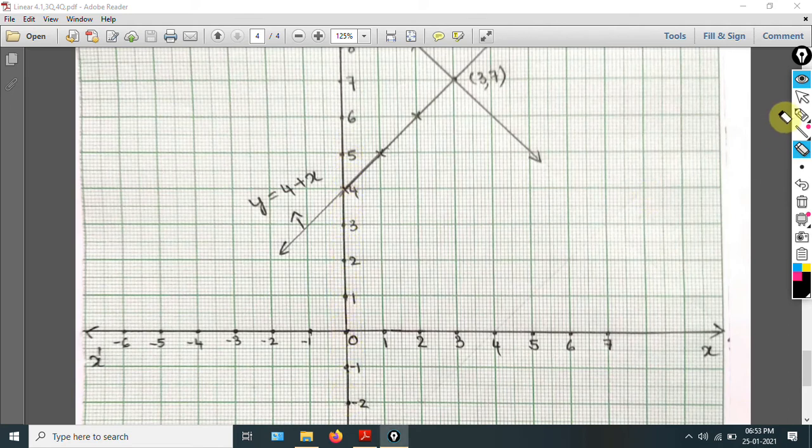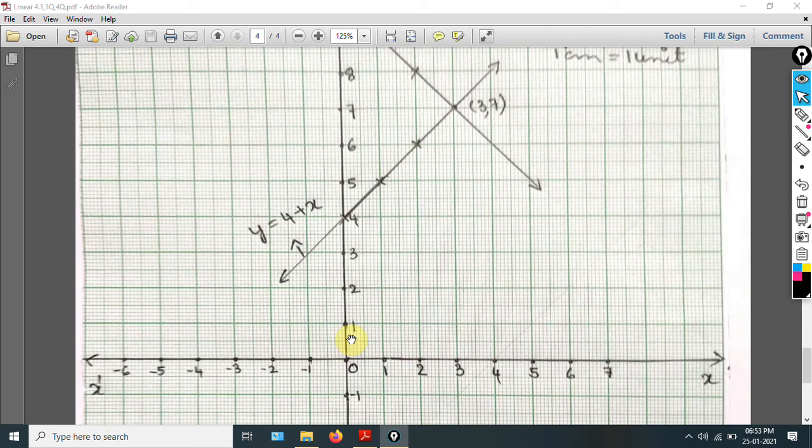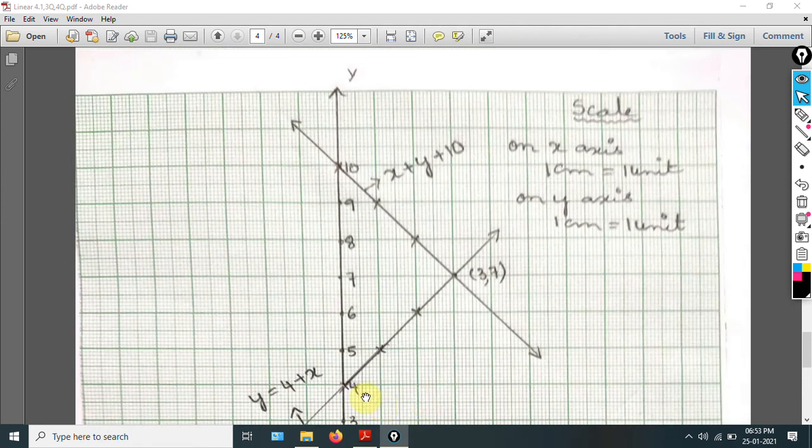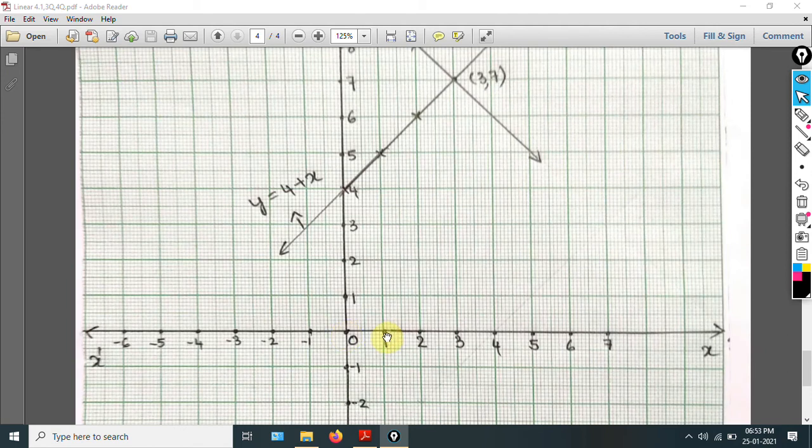Okay. Now after drawing, where these two lines will meet, this horizontal line and the vertical line, where they are meeting? Here they are meeting. So we will say this point as origin, and there we will put point 0. Okay. Now after that what we have to do? We have to take scale. Scale is nothing but how much we should increase from here to next box. How much we have to increase? We should write here.